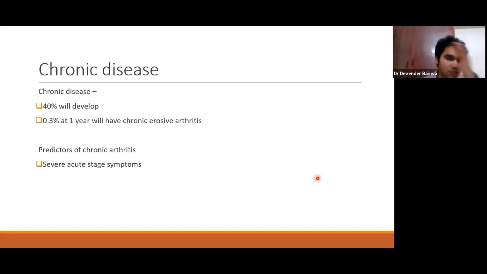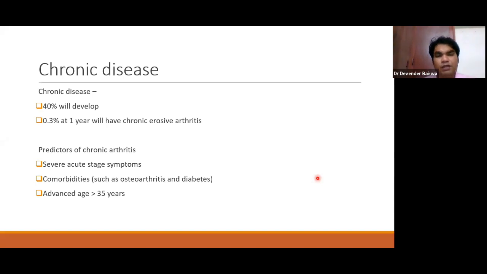So generally, suppose somebody is having severe acute stage symptoms in the beginning. They are the ones who are prone to develop chronic arthritis. If somebody is having comorbidities like osteoarthritis or diabetes or, let's say, hypertension, all these patients are prone to develop chronic disease. Somebody having advanced age, more than 35 years, is more prone to develop chronic arthritis. And people who had a concomitant dengue infection are also more prone to